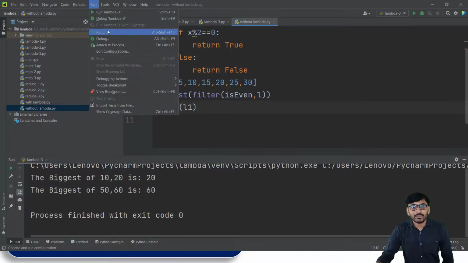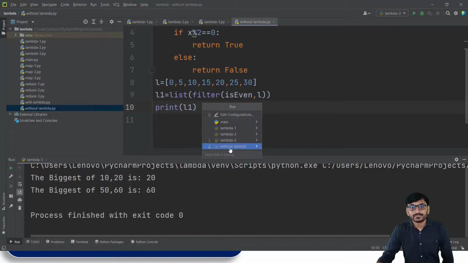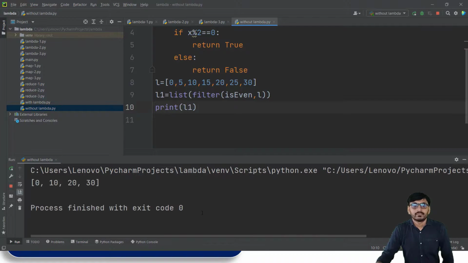If we run this program, the output is 0, 10, 20, and 30. So we apply the function on every element of the list and check whether it is even or not. If it is even, then the function returns True, so print out that element. If it is not even, then the function returns False, so do not print out that element as output.